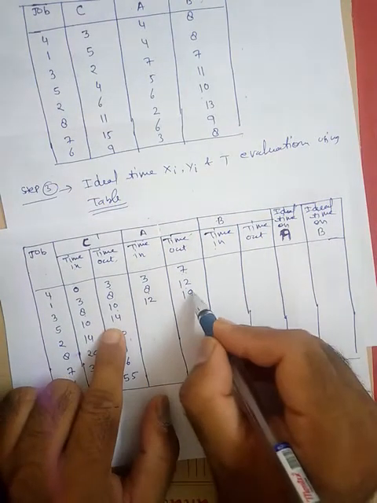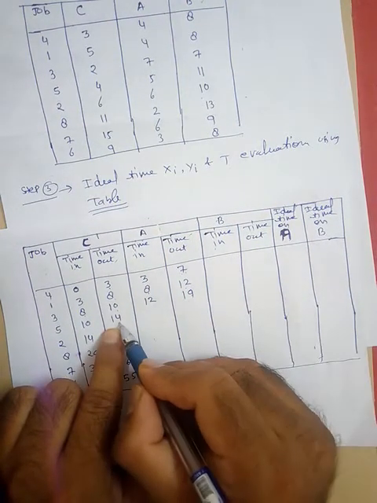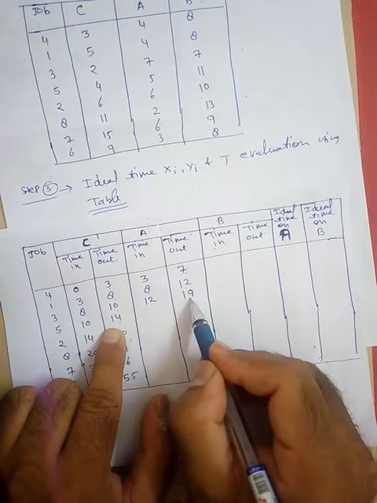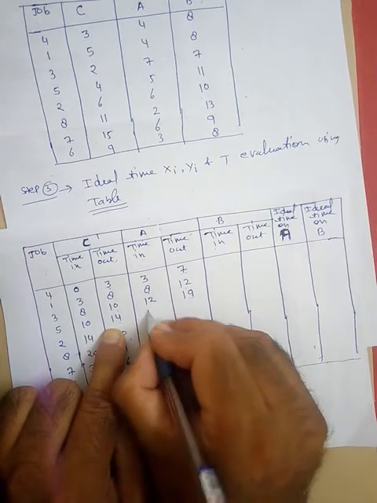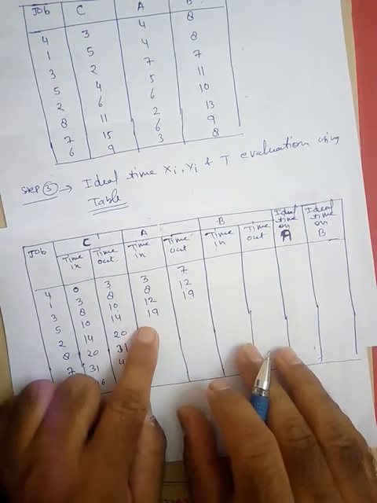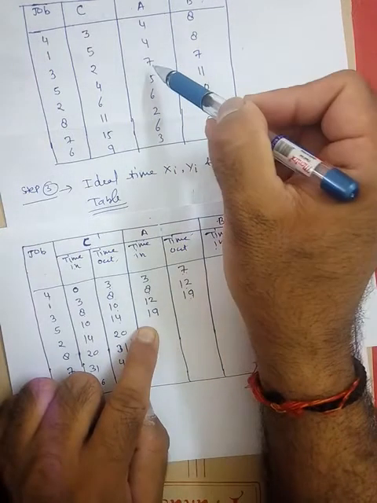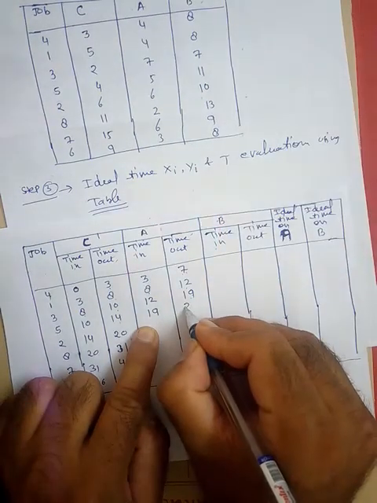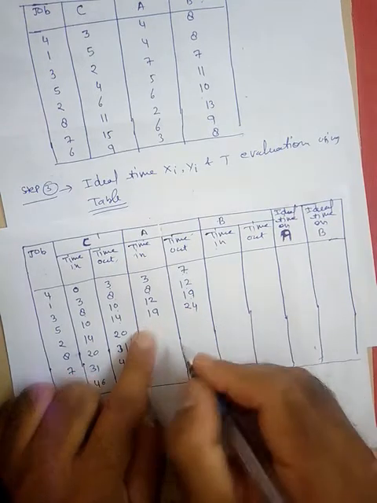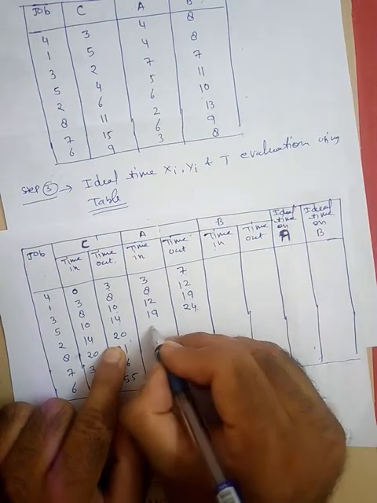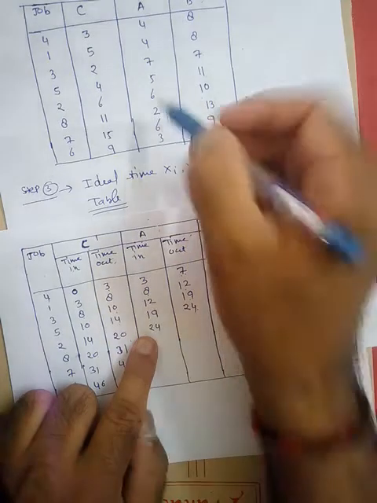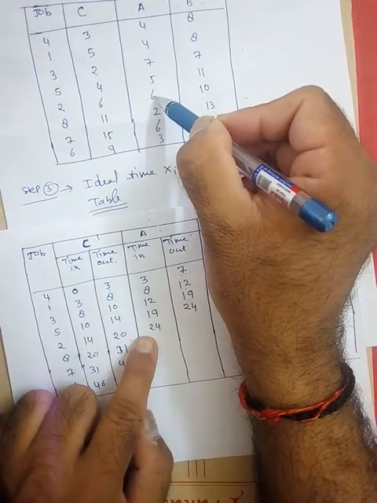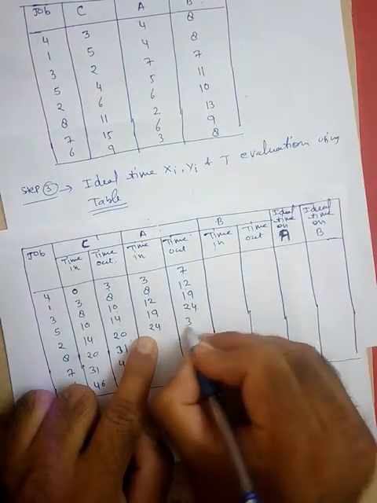Again you can see that this will finish later on because this will finish at 14 hours, this will finish at 19, so there is no time gap. So this will start its processing at 19 hours and then this will take 5 hours, so this will be 24. Again 24 is greater than 20, so this will start at 24. This will take 6 hours, so that is 30 here.